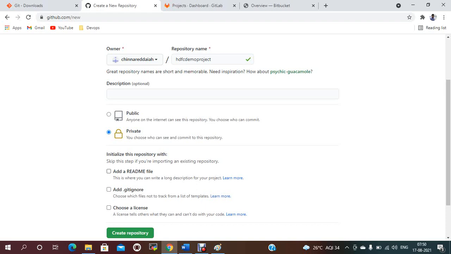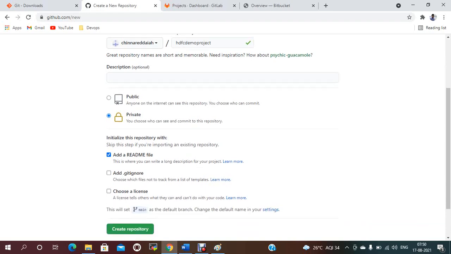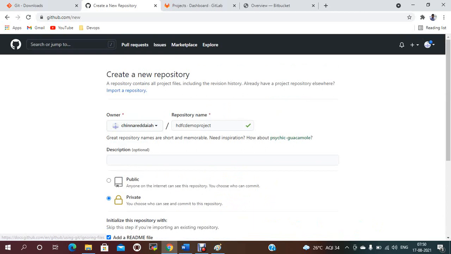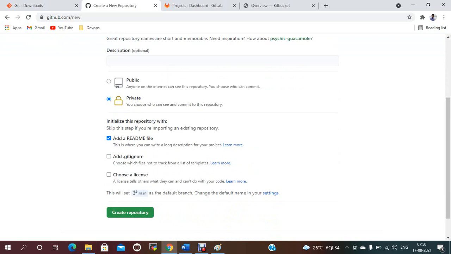The README file will be created along with the repository. Now create repository. If you choose public, everyone can access it. Okay, this is done.